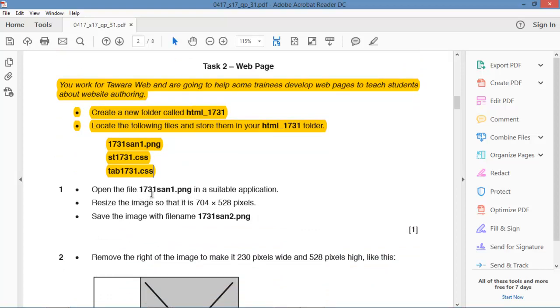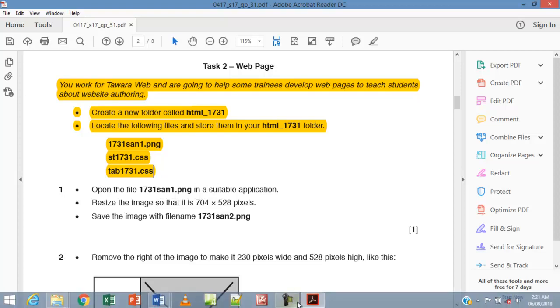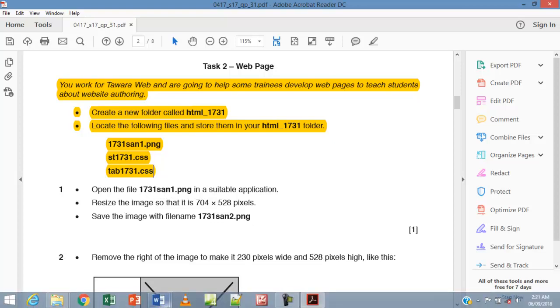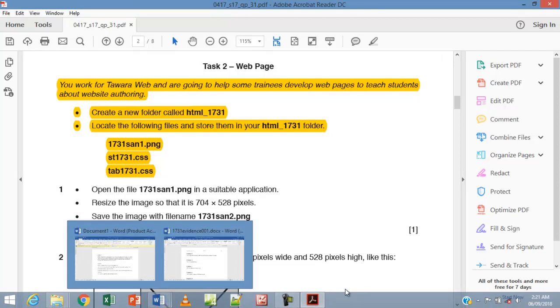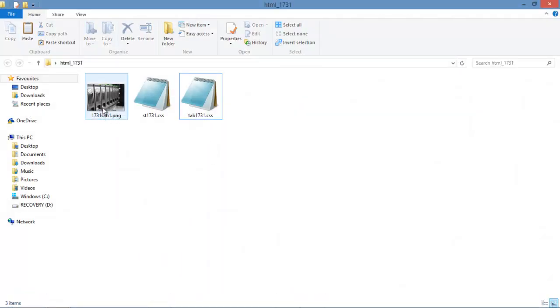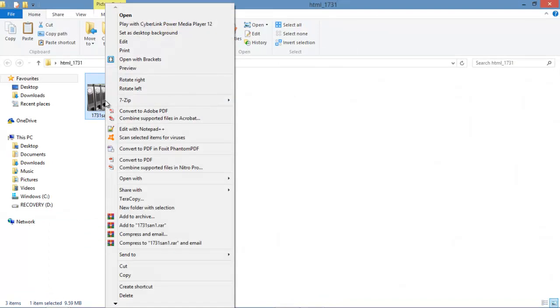Open the file 1731 san1.png in a suitable application. Resize the image so that it is 704 by 528 pixels. Okay, sand 1, sorry. What I'm going to do now is go back to my folder, which is this one, then open this image. I'm going to open it with